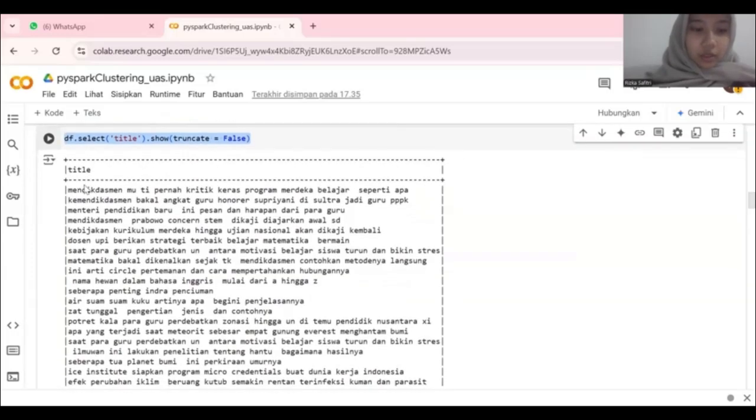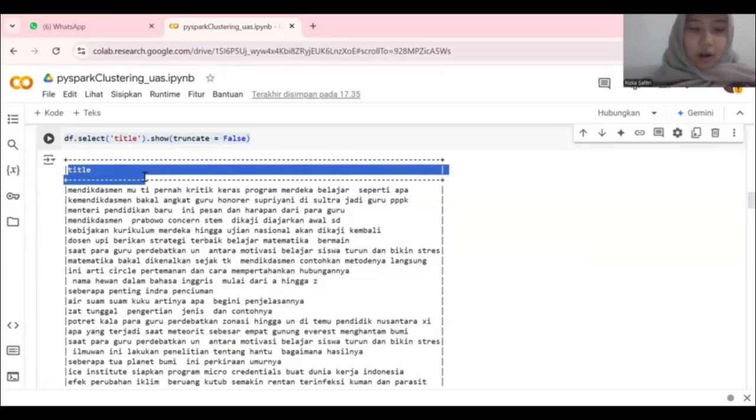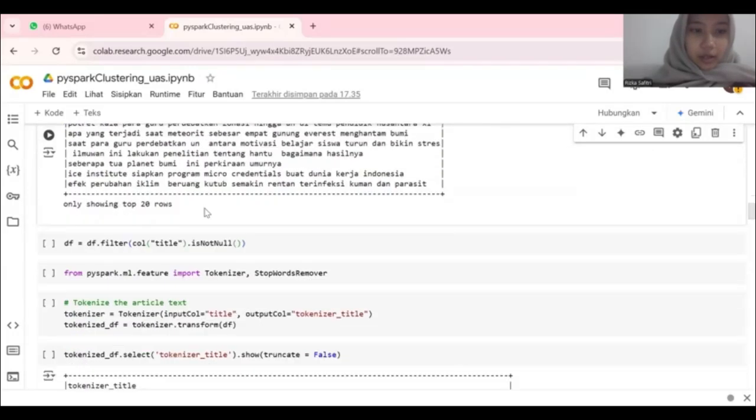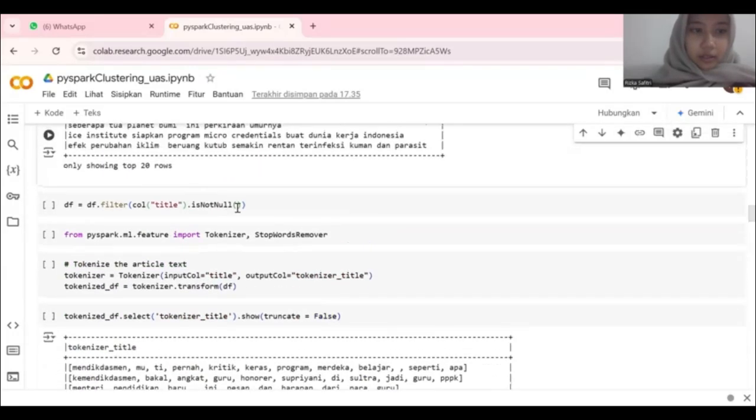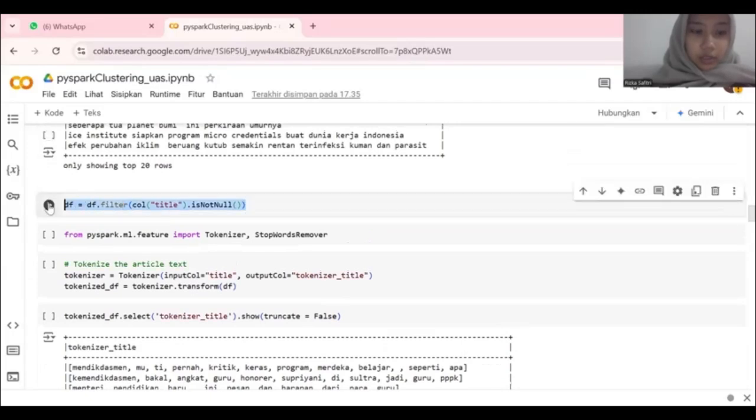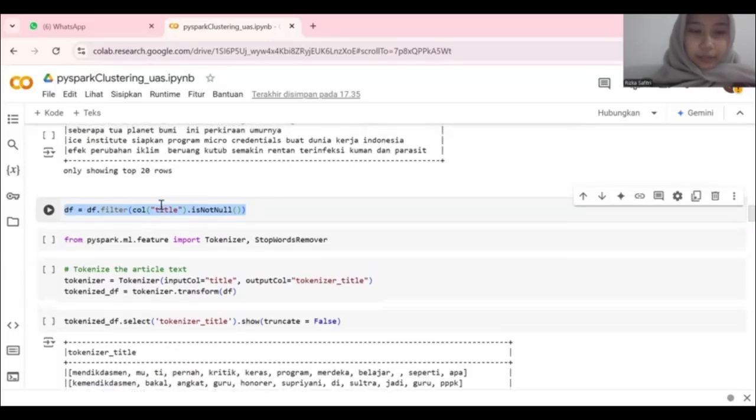This shows the clean title column after white space removal. The titles are now properly formatted with no unnecessary space at the beginning or end. The filter is used to filter out rows where the title column has no values.